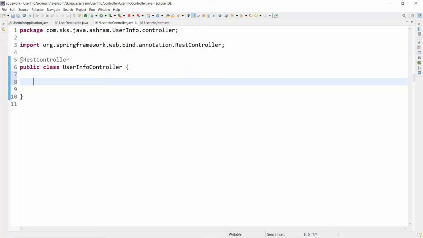So that's all about this step. In the next step, you are going to write the REST API and see how it maps to your class methods, how a method comes to know for which HTTP request it needs to be mapped. See you in the next step. Bye bye.